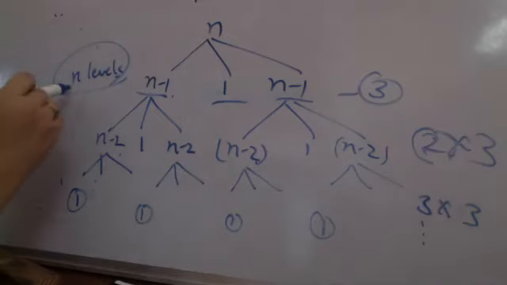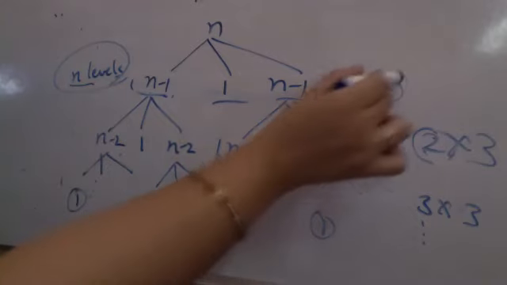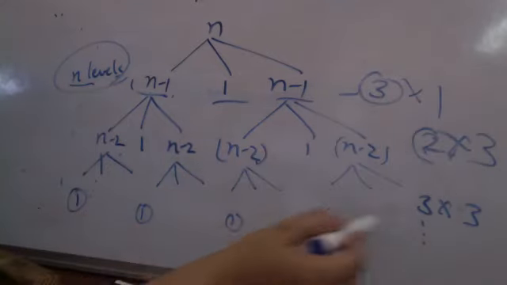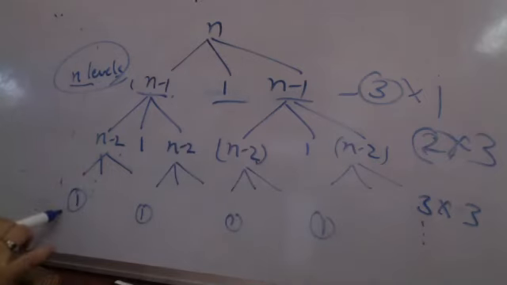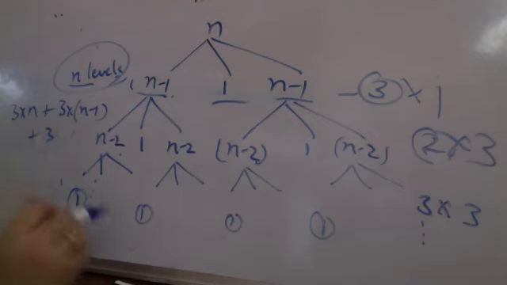So if I am going, n levels are there, and at every level, this is supposedly level 1. So this is 3 into 1, level 2, level 3, level 4, and so on. Nth level pe, I will be having 3 into n recursive calls. So 3 into n, अगर हर लेवल को हम प्लस कर रहे हैं, प्लस 3 into level n minus 1 into 4 नहीं प्लस होगा.